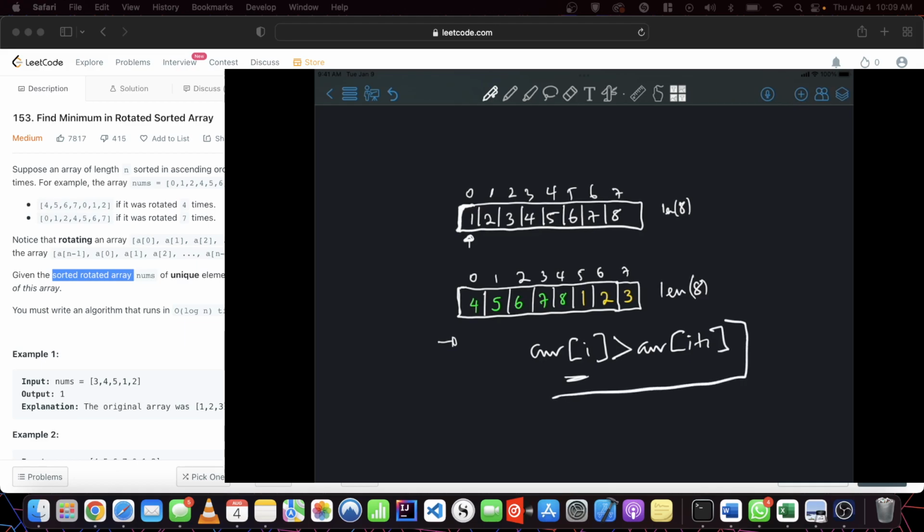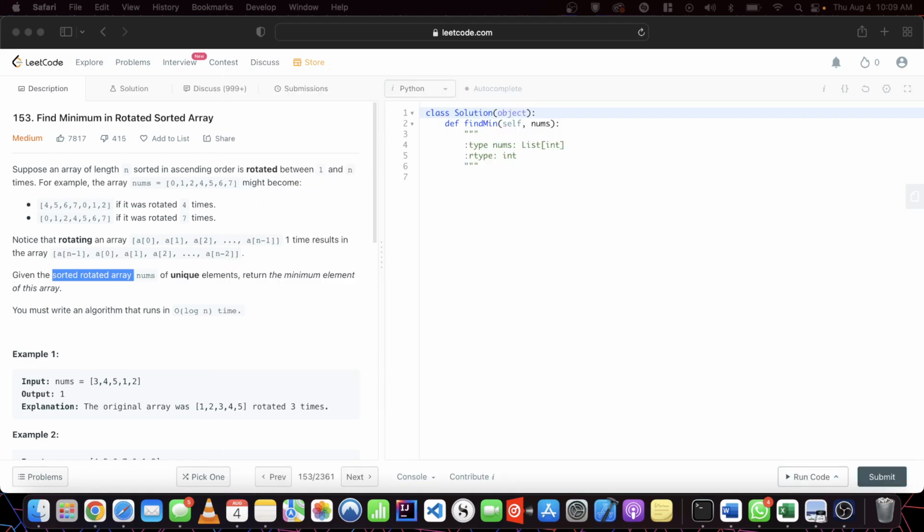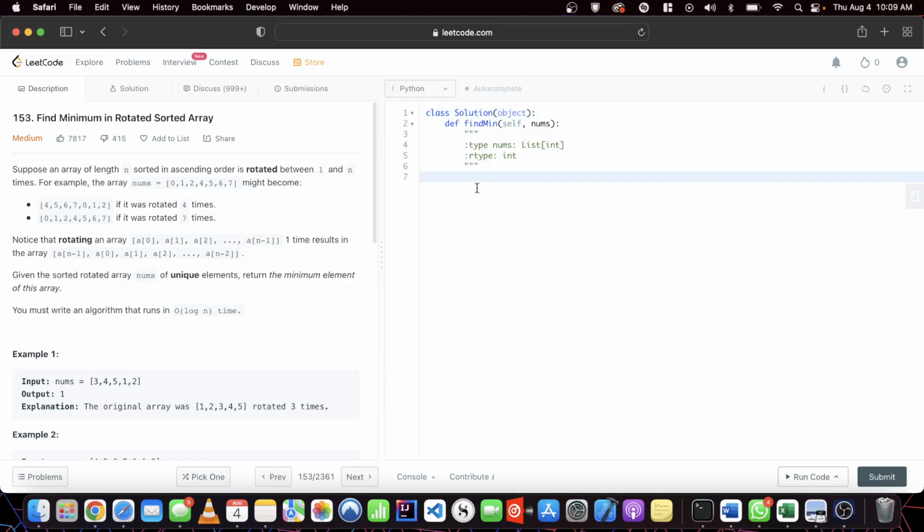And if we do not find such a location, it means our array either was not rotated or was rotated back into its sorted position where the minimum element is at this position, right? So let's do the linear time solution, which is not the solution that's required, right? So for the linear time solution,